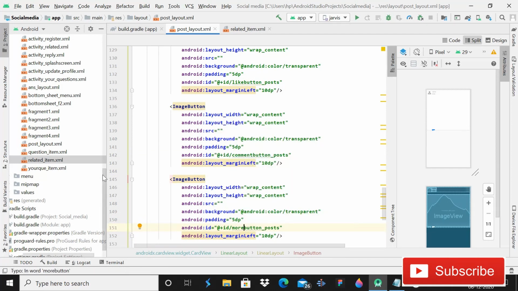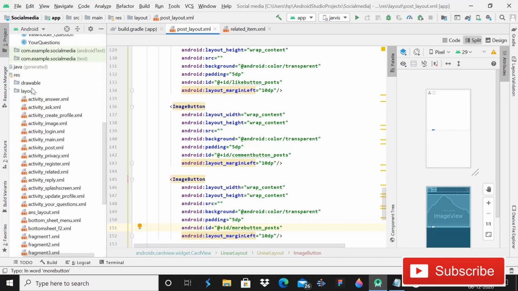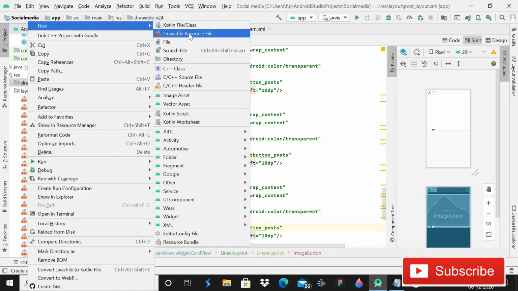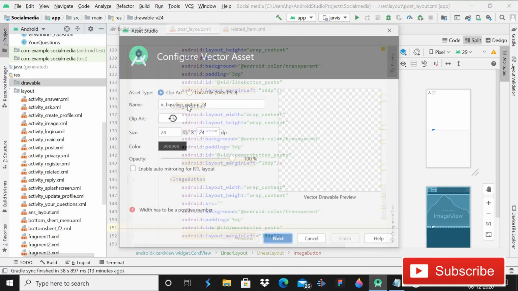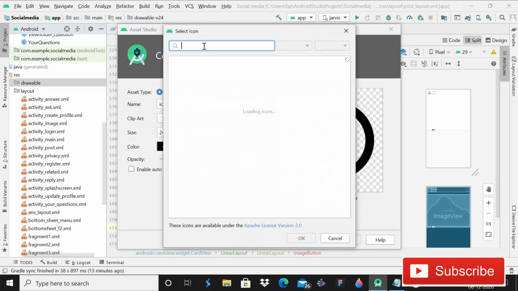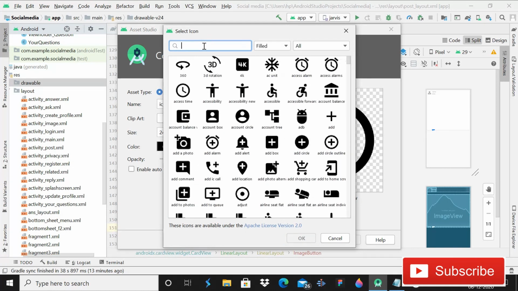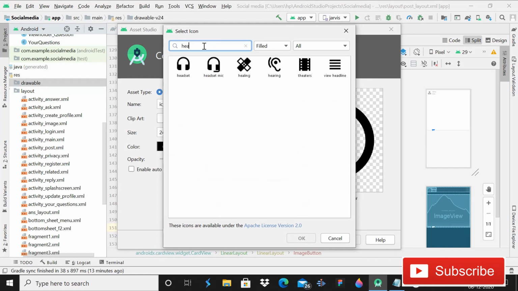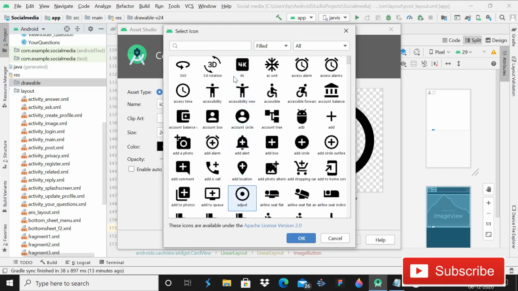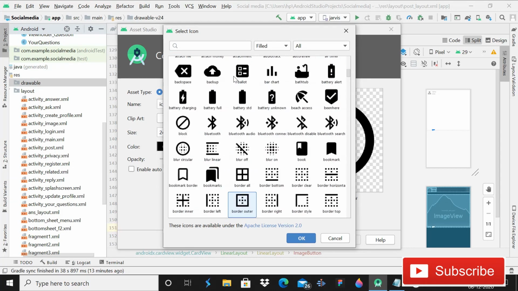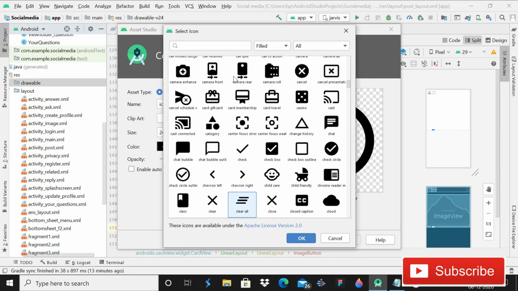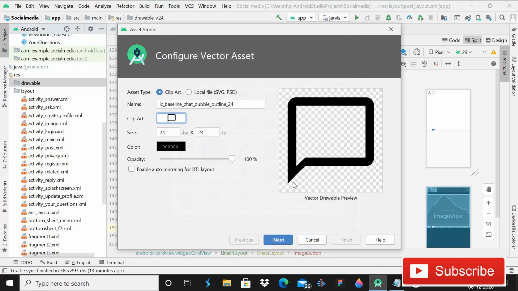So guys, after this here we have to import some drawables. Click on this drawable, and then new, then vector asset, click on this, then where is the heart, what is the name, I think we have to search it, and we will search it. I think this one is good for comments, yeah. So just import it. This is for comment. So here we will give it baseline chat bubble. We will give it ic_comment